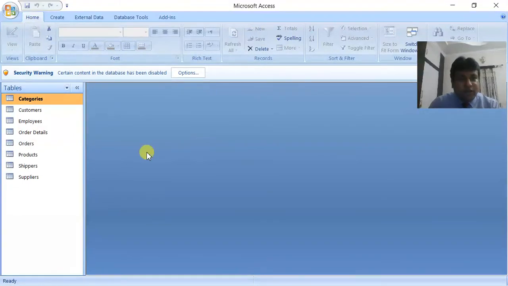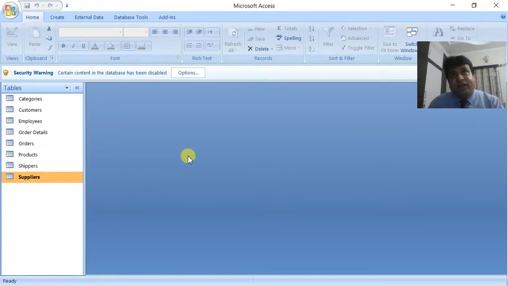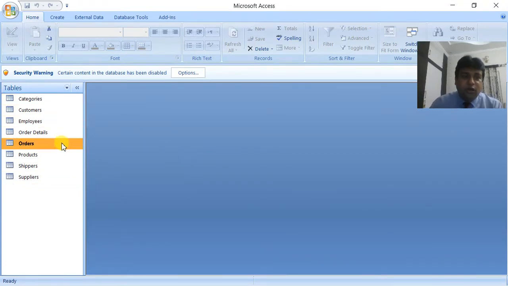Now the question comes, why tables? This is what we are going to learn in the entire course of 6 months: how to decide the number of tables for a project. For example, this is the Big Bazaar project. There are 8 tables. The software can be your canteen software. How many tables? Like you see software in the case of Pizza Hut or Domino's, then also how many tables are required? You may need software for a doctor's clinic, then how many tables are required? So this is all we are going to learn.